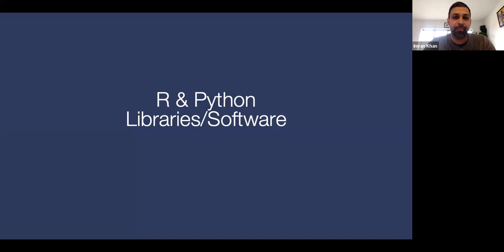I think it's important to keep in mind that there are other proprietary software suites, languages, statistical analysis packages that are out there in the world. There's Stata and the SPSS of the world that are proprietary in nature, but that also have powerful libraries embedded in them that allow you to manage and work with open data. We won't be focusing on those. We'll be focusing more on open source libraries specifically related to R and Python programming languages.